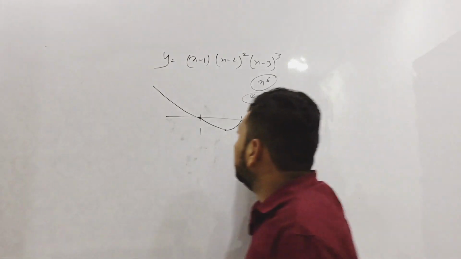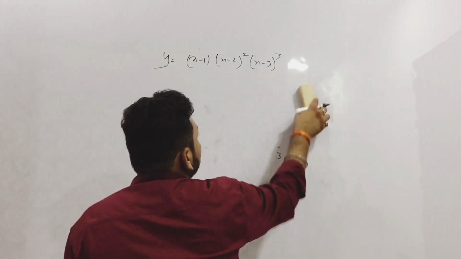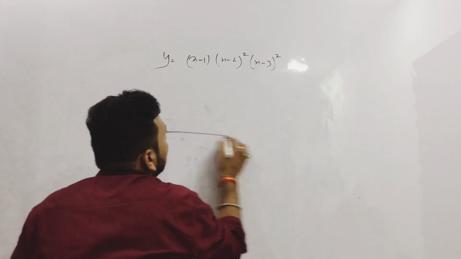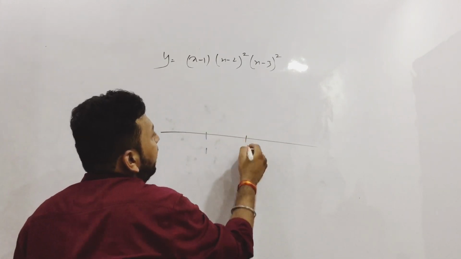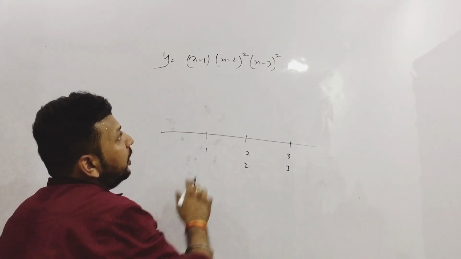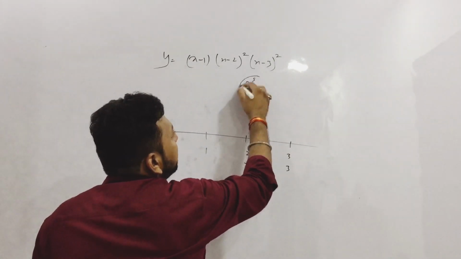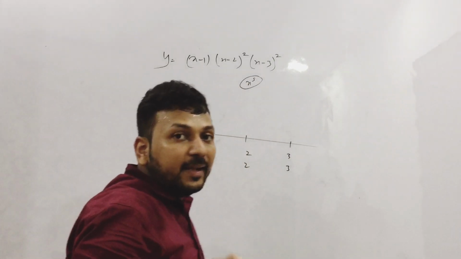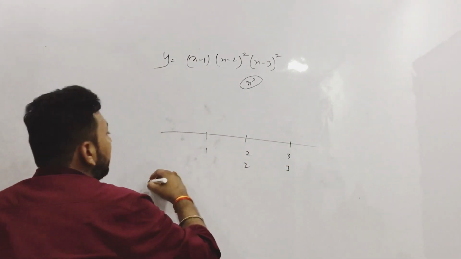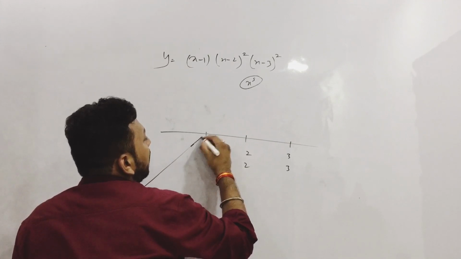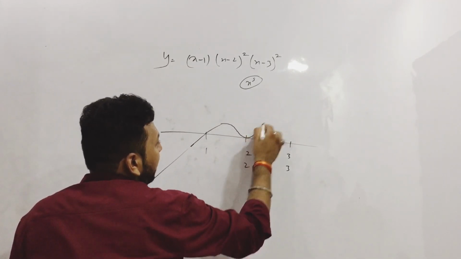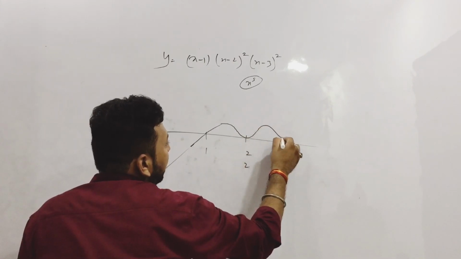So I am erasing it. Let me do some variation in it. So if the power is 2, how do you draw it? 1, 2 and 3. This is how you draw it. Now the overall power is 5, x to the power 5. So if x is minus infinity, raised to the power 5 is negative. That means the graph will come from below. 1 time it will cross, 2 times it will bounce back, and 2 times again it will bounce back.